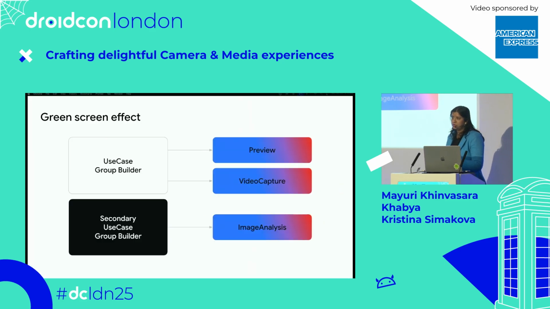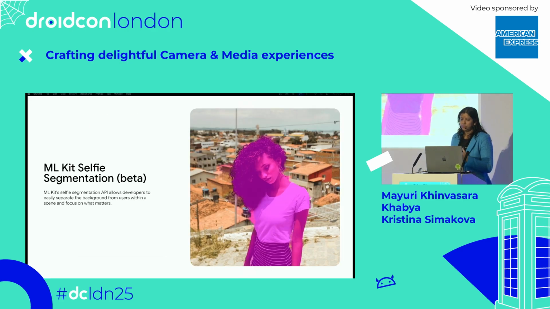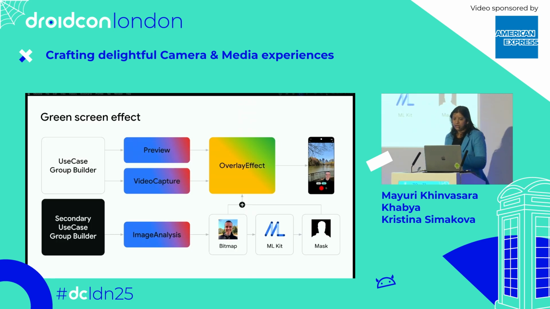And you can also use a secondary use case builder, like an advanced use case, to stitch all this together. You can also use this API specifically to have your selfies segmented out so that both streams can be combined together. And a more detailed use case, this is the pipeline that will follow. Now, all this has been explained in detail in a talk, which Kristina will share later on, so you can really go there, check it out, and create more cool use cases using this in your app.